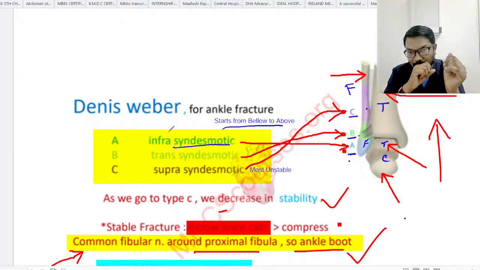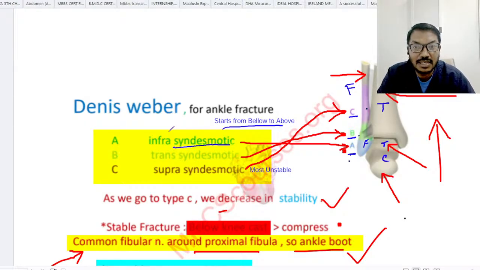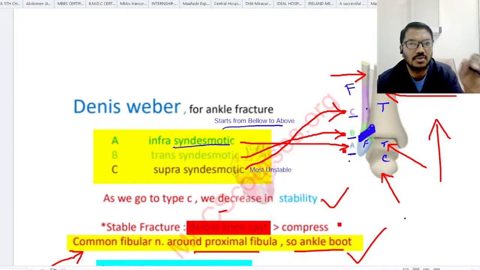So they form a network or a mesh. It is called syndesmosis. Here, this is the syndesmotic area. If the fracture happens below this line, it is called infrasyndesmotic, type A. If it happens through this line, this is